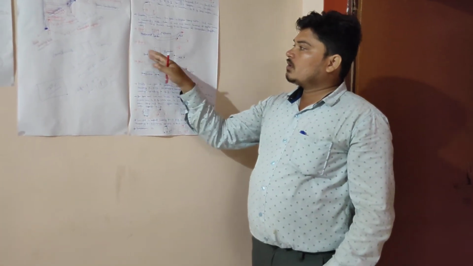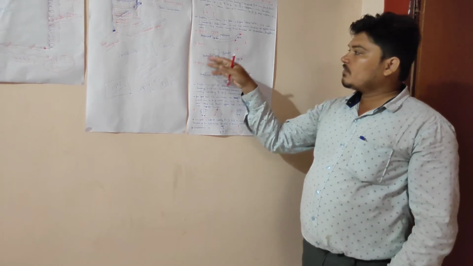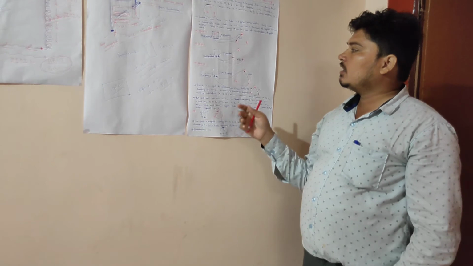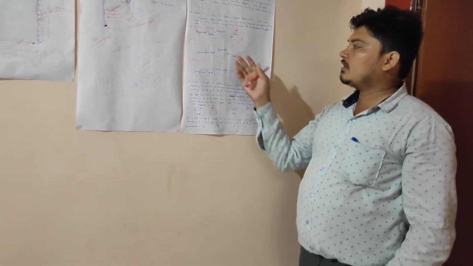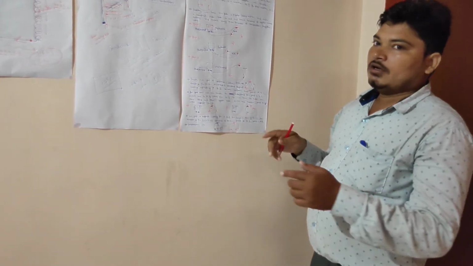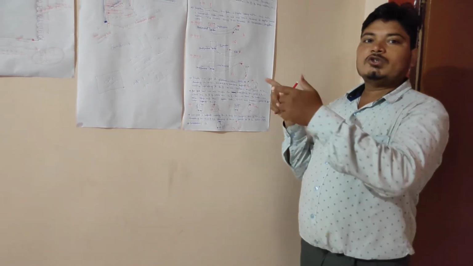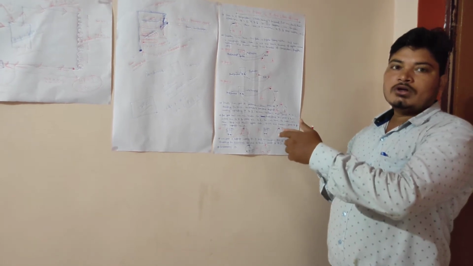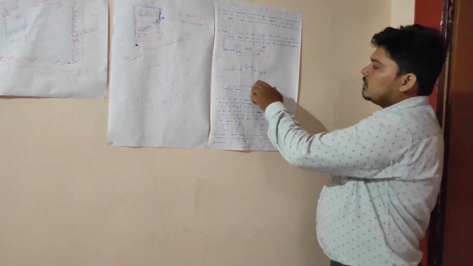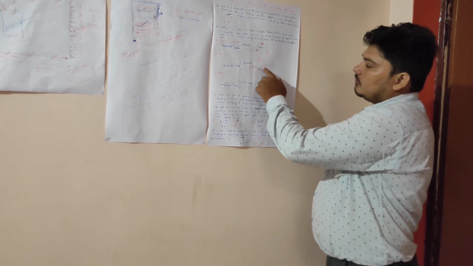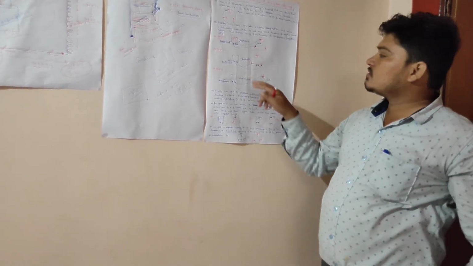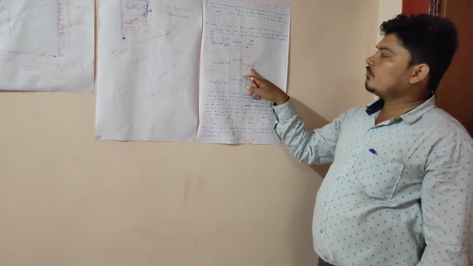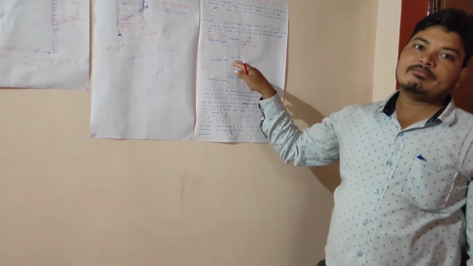Next process will be the same. Step 2: take a digital clamp meter, take the black wire and red wire, and touch two electrical terminals of the compressor. Between B and C we get 40 ohm. The resistance value between B and C is 40 ohm by the help of the digital clamp meter.